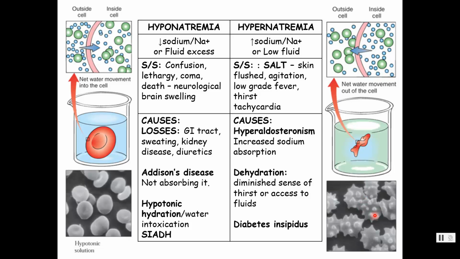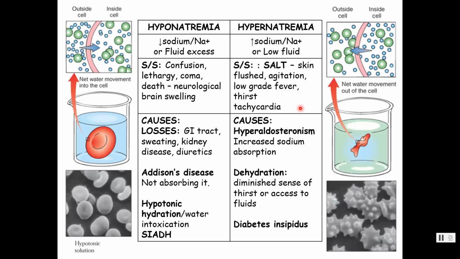And so the symptoms that you're going to see, once again, neuromuscular dysfunction. So pop up here, there's a little mnemonic. This is from a nursing website. So you think salt and sodium. Someone with hypernatremia is going to have flushed skin. They're going to feel agitated. They may have a low-grade fever. Since they're going to be salty, they're going to have a high osmolality. Hopefully their thirst center is triggered. They're going to be super thirsty. And then we can have some dysfunctioning with their heart rhythms, so a fast heartbeat, tachycardia.